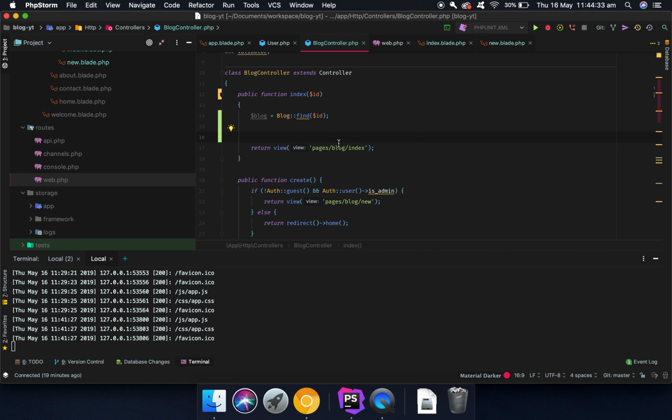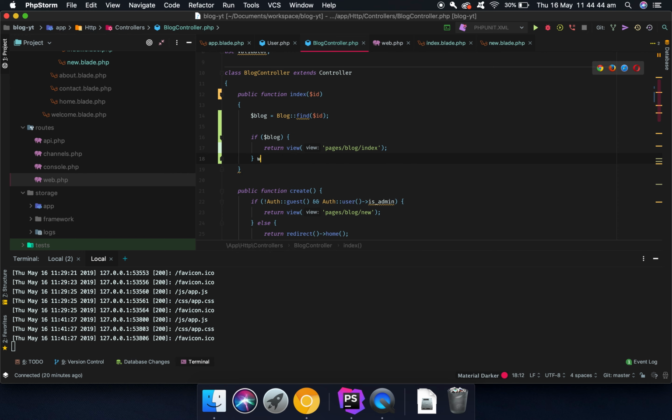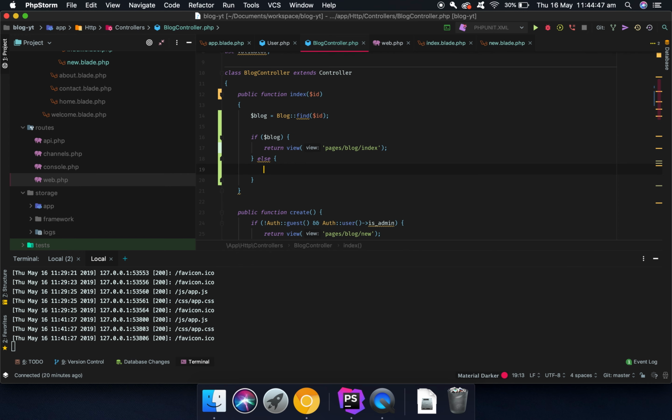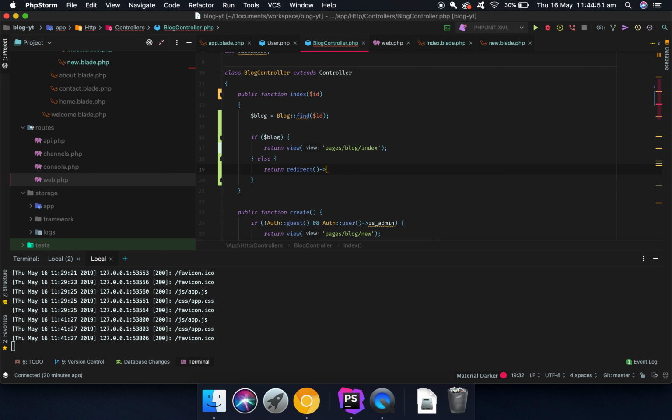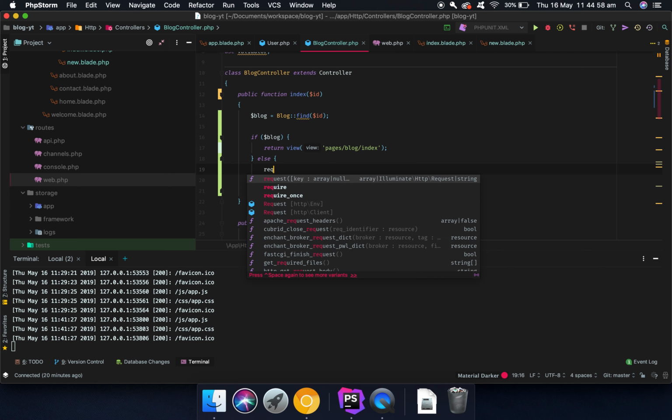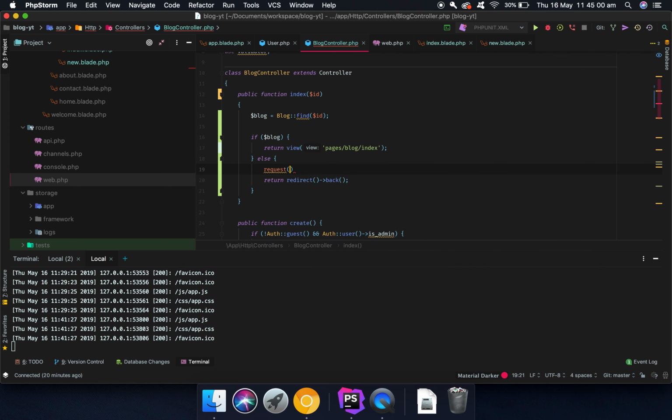And then because this is not going to be validated, you could actually get someone into an empty blog page. So to make sure that the user only will get in if the blog page exists, we can say if blog, then we can go here and say else, return redirect back, and then we can store a session. So we can say request session flash status,